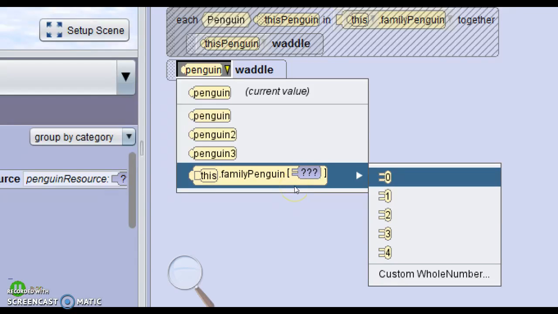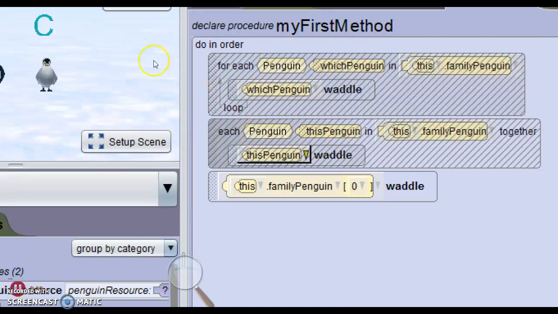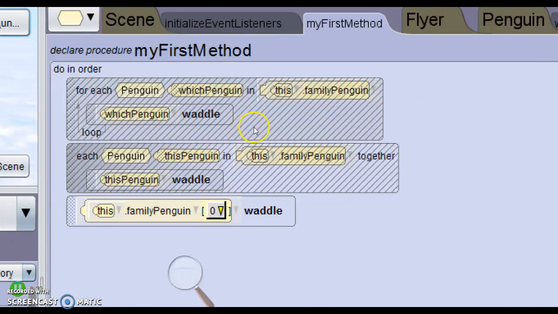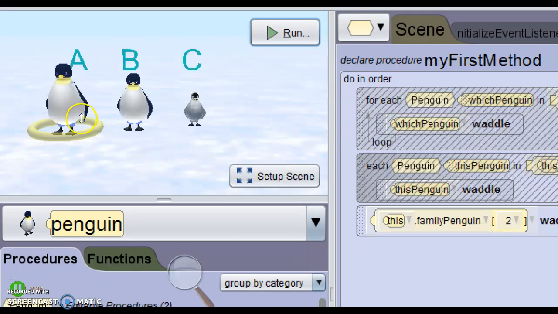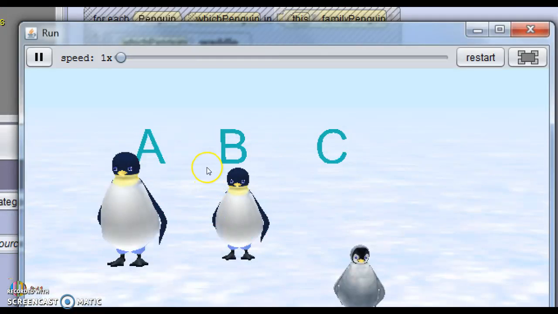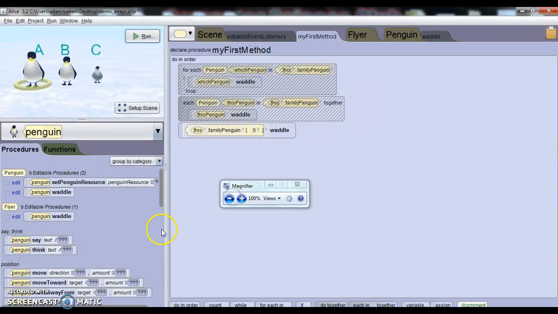These numbers are called indexes, and they start at 0. So the first item in your array is location 0. So when I hit run, location 0 moves forward 2. Which one do you think it'll be? C. Okay, because this is 0, 1, and 2. Okay? So, back in our notes,